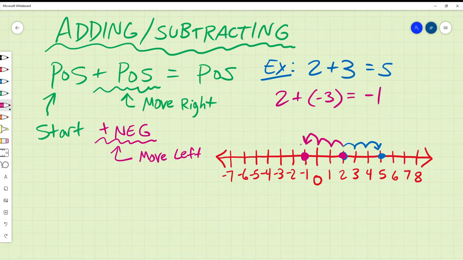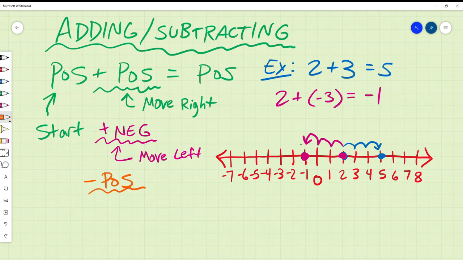So it's a lot easier with positives and negatives to think of where are we starting on the number line, and then how are we moving? Are we moving, how many units are we moving to the right or to the left? So to finish this list out over here, we had adding a positive moves to the right, adding a negative moves to the left. If we subtract a positive number,